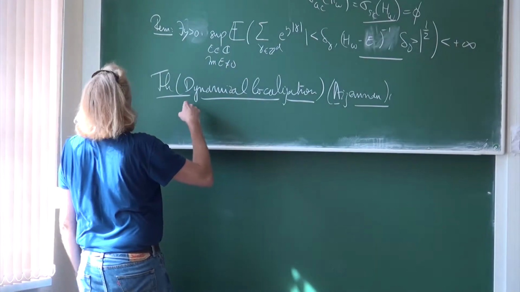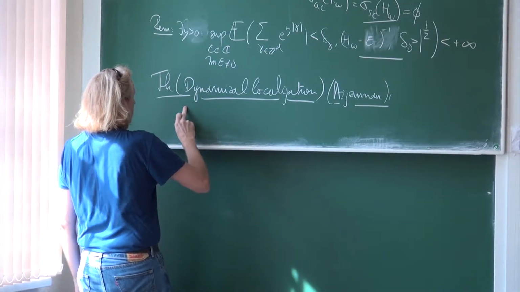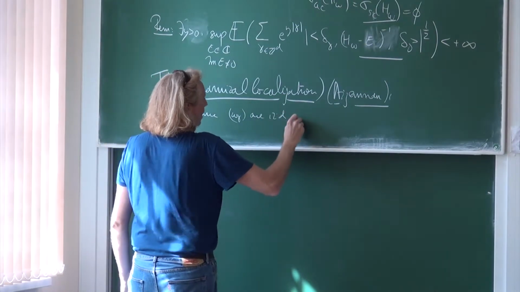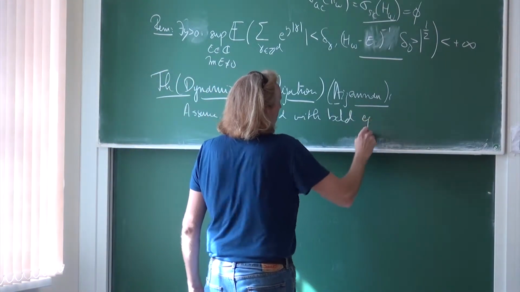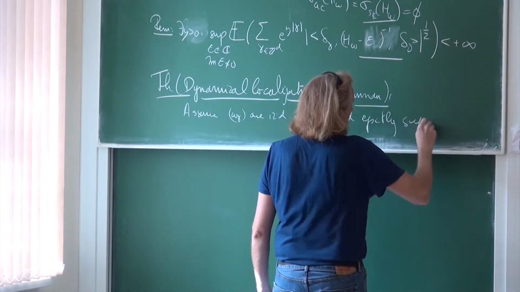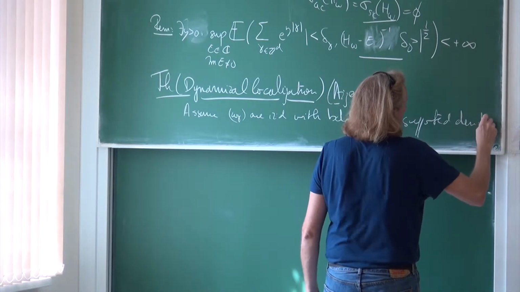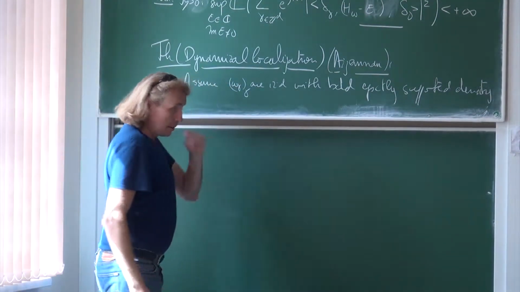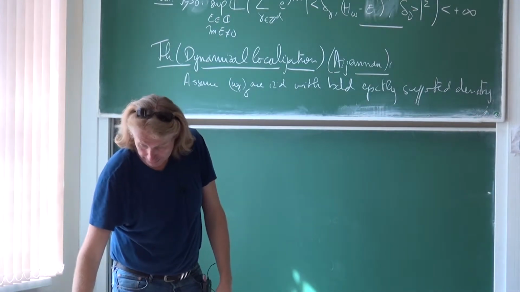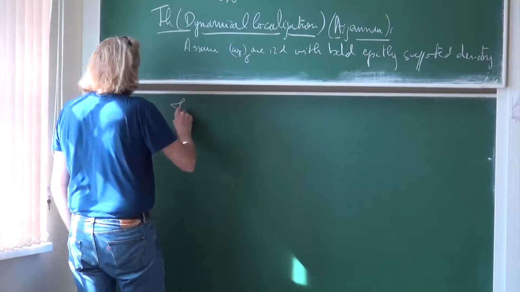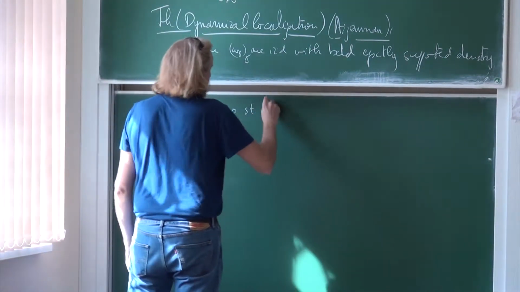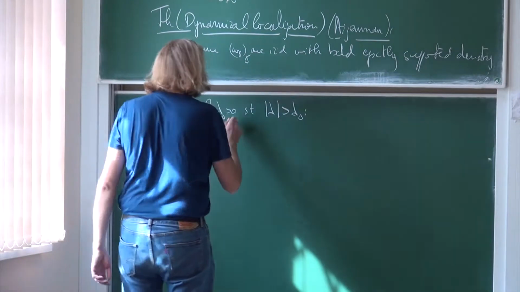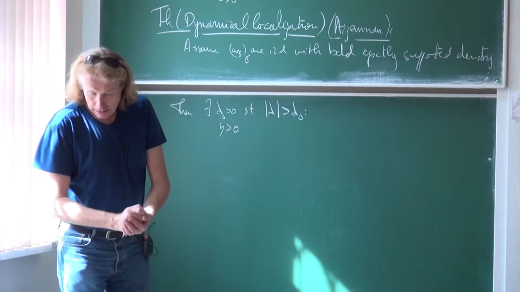So under the same assumptions, assume the omega gamma are IID with bounded, compactly supported density. That's the only thing. Then there exists lambda 0 positive, such that for lambda larger than lambda 0, one has the following. So actually there exists lambda and eta positive, such that